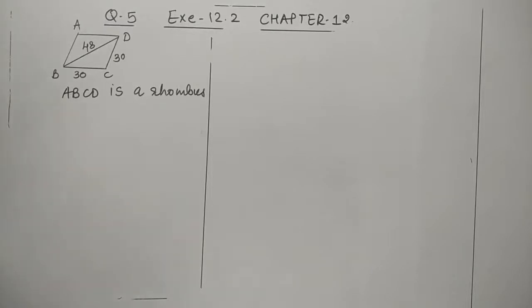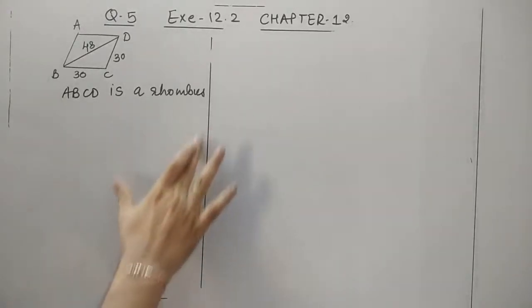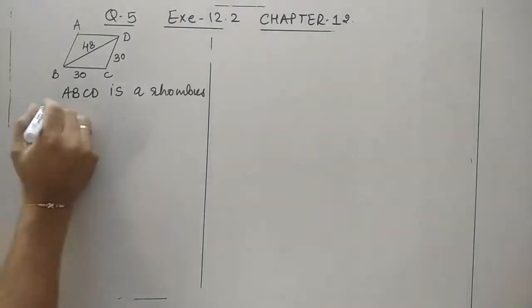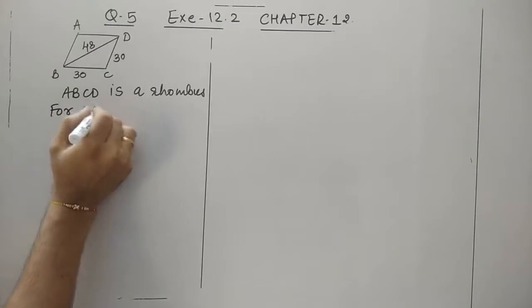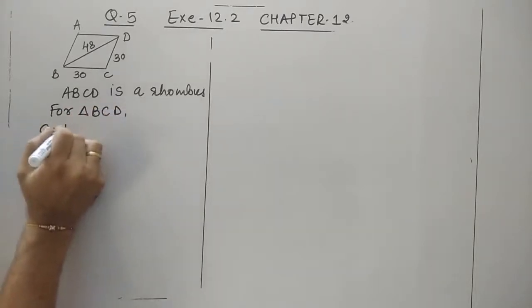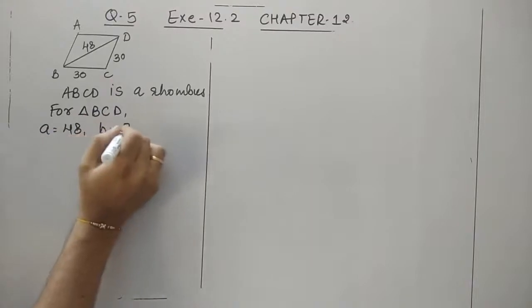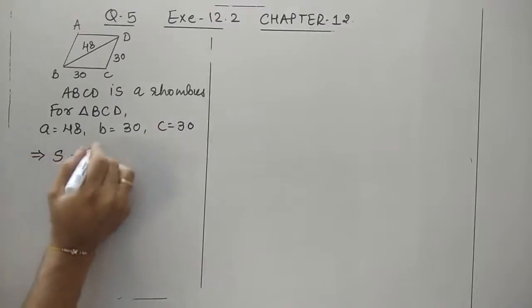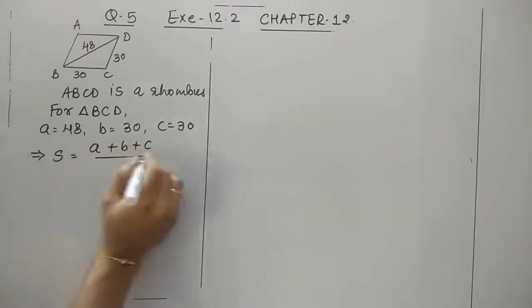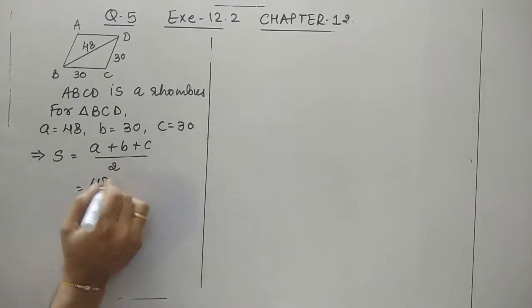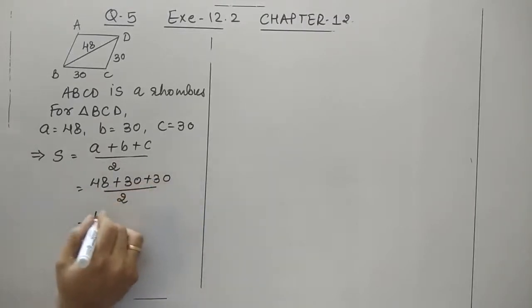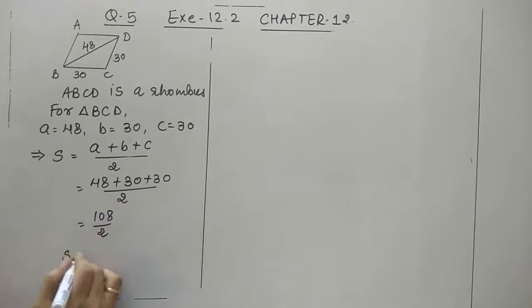that area required. See, the area of rhombus can be found in two ways. One you have already learned in the 8th standard, but we'll use Heron's formula for this. It's quite easy. So here you can see that I have taken triangle BCD. The lengths of sides are already given, A, B and C. I have taken 48, 30 and 30 respectively. To find out the area by Heron's formula, first we need to find out the semi-perimeter, that is A plus B plus C upon 2. So 48 plus 30 plus 30 upon 2. So that is 108. So half of 108, that is 54 meter.